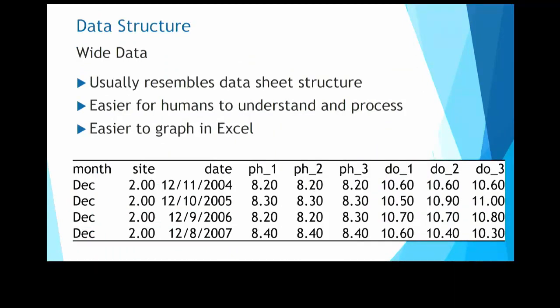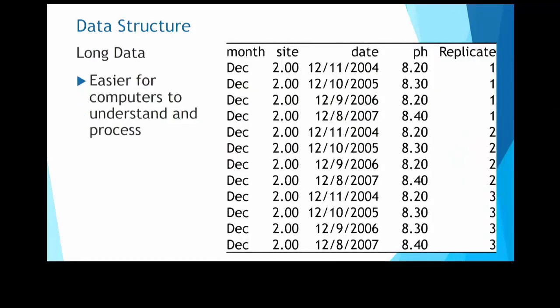Another thing to think about is the structure of your data. A lot of us who have worked in Excel files and spreadsheets are used to what's known as a wide data set. These data are usually easy for humans to understand and read, so we can get the information we need very quickly. And in Excel, if you're trying to create graphs, it's easier to do that in the wide data structure. But when we do a lot of data science and visualizations, the computers prefer long data sets.